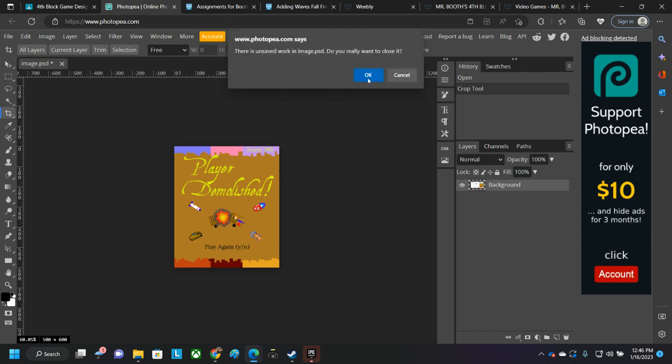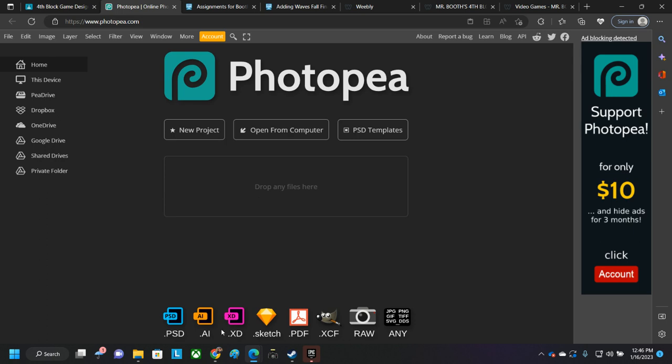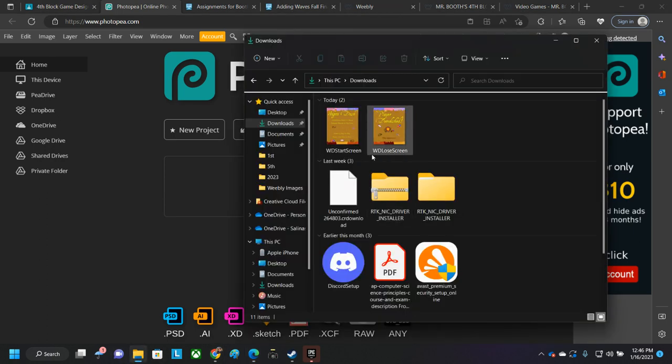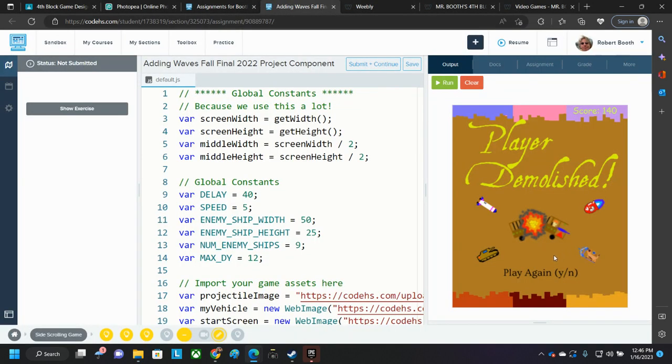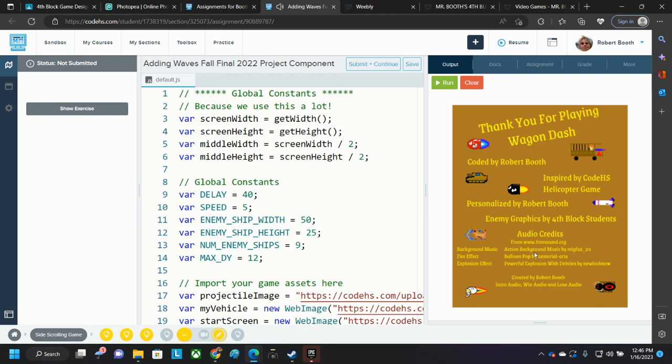We go ahead and close that file. Don't need to save it, so I'm going to click OK. It served its purpose. Over here in the folder, look, there it is. Wagon Dash, lose screen. I got my lose screen. Now I'm all set up right here to get one more screen. If I press my N key, goodbye message, I'm also going to be able to get a shot now of the